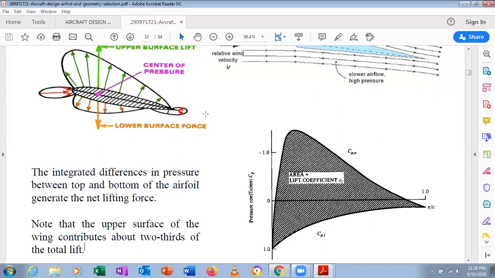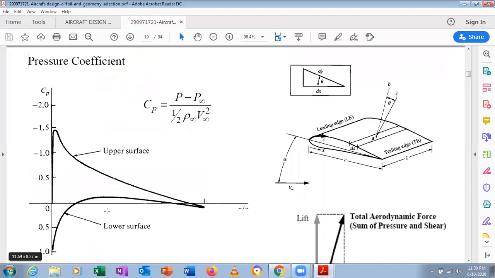If I'm speaking about a capital L, that is C capital L, it is called what? C capital L, I'm speaking about 3D, that is about the wing. And the integrated differences in pressure between top and bottom of the airfoil generates the net lifting force. Already you know that the pressure difference between the upper and the lower surface leads to the lift. Note that the upper surface of the wing contributes about 2/3 of the total lift, that is 2/3 of the total lift. And we can see here the pressure coefficient, and we can see upper surface how